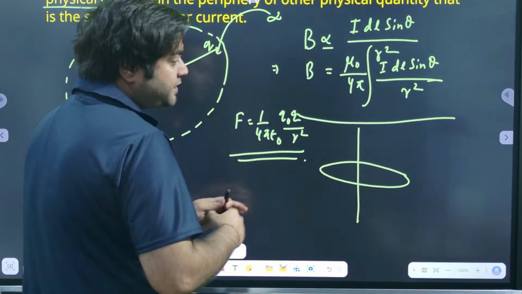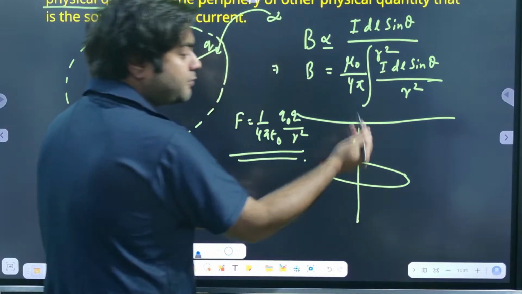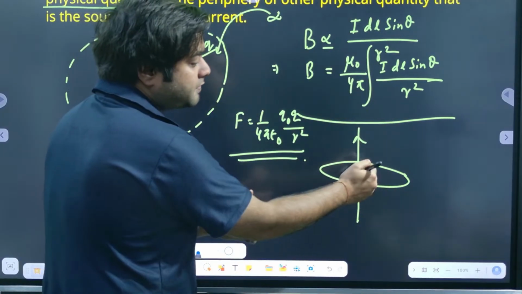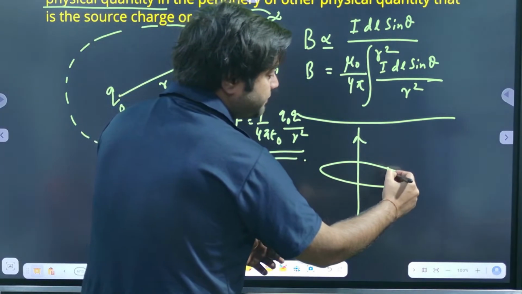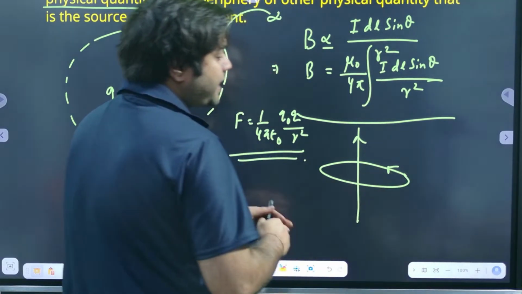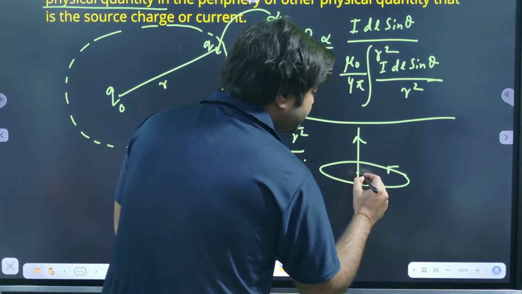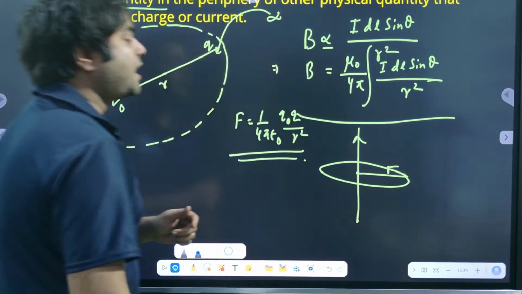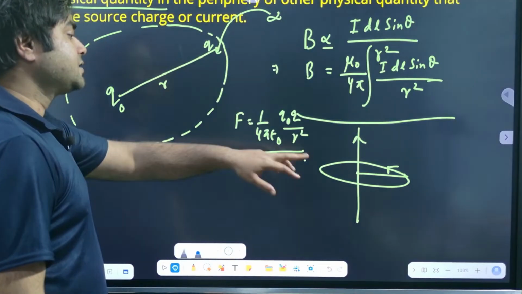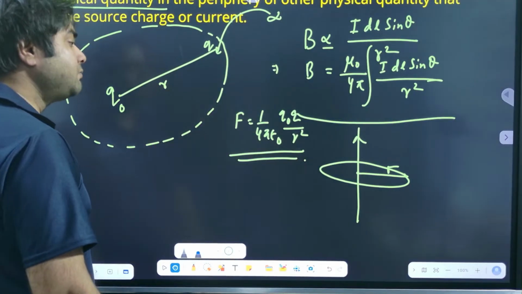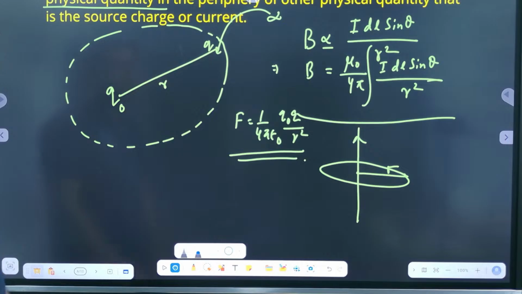So if the current is in the upward direction, you will observe that your magnetic fields are anti-clockwise in nature, ठीक है। एंड यहां पर भी तुम वही पेरीफेरी तक, इस फील्ड के एक सर्टेन डिस्टेंस पे यहां पे तुम मैग्नेटिक फील्ड निकाल रहे थे, ओके।